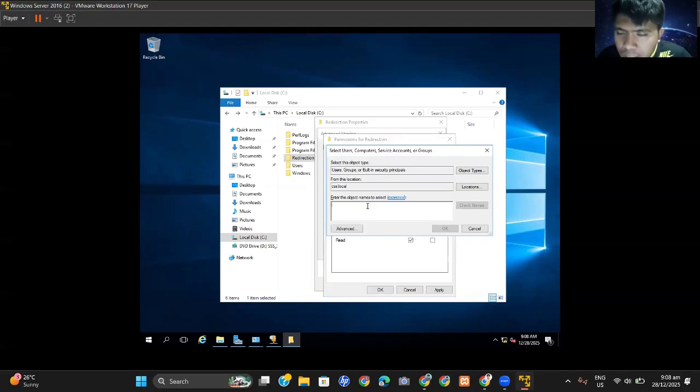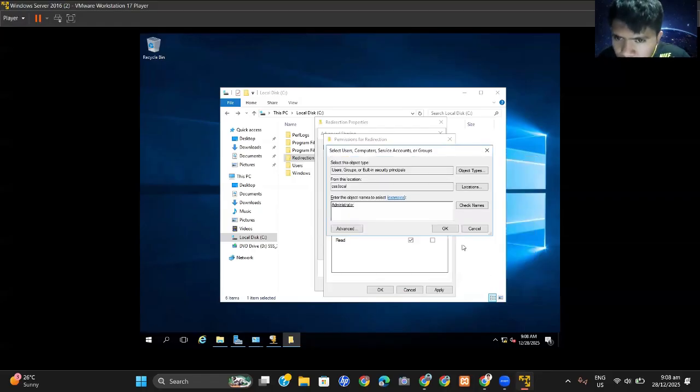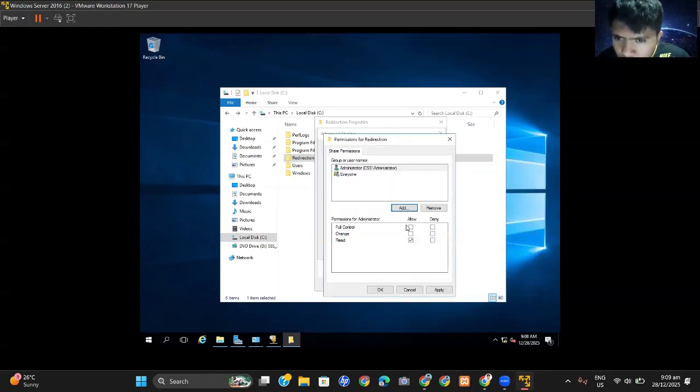Then we need to add the administrator, since the administrator should also be the one who manages the following files. So just click the built-in one that we utilize in here. So we need to click the built-in one, just click OK.